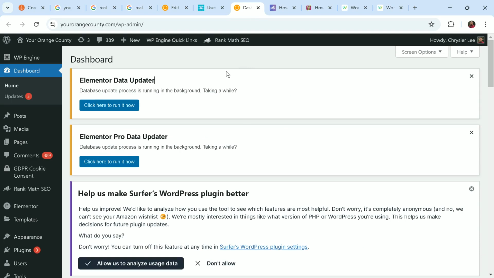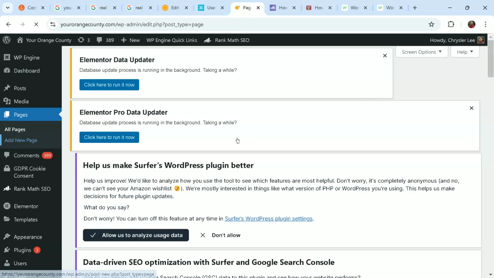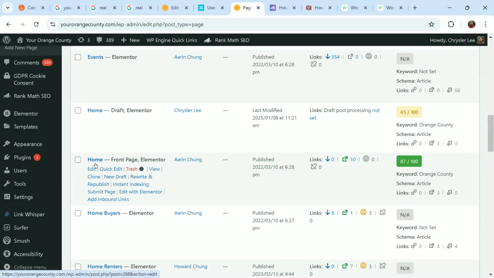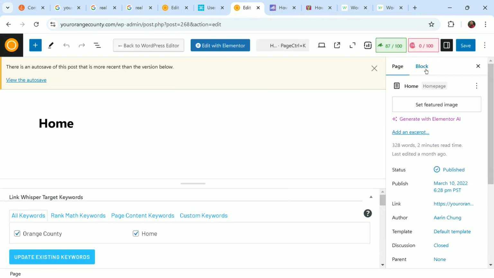The first step for the second method is to log in to your WordPress admin backend. So I went over the 2 steps here in the first Elementor method. Feel free to review that. Once you're here, go to the page or post that you would want to update. So since I'll be updating our homepage, I'll go ahead to Pages here. I'll scroll down and find Home, this one. And this time, I'll click on Edit.